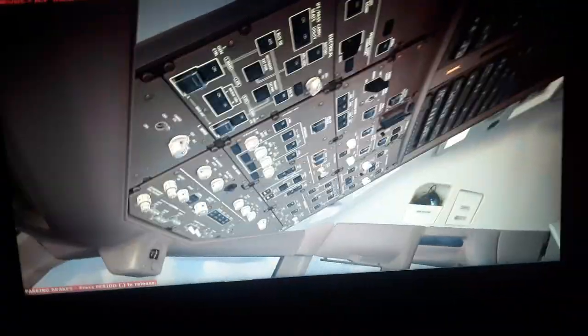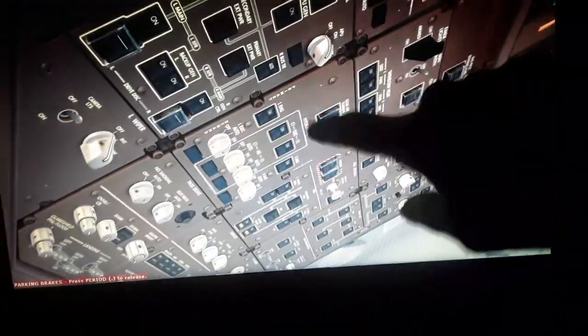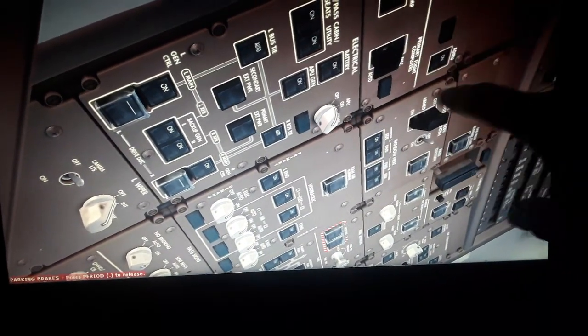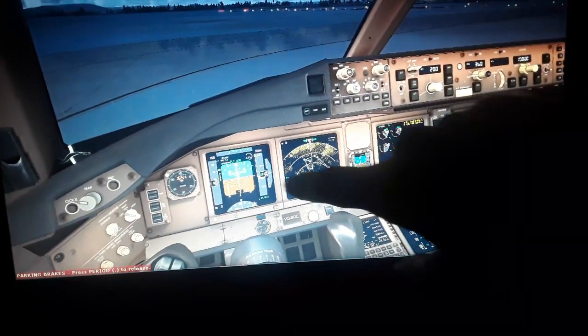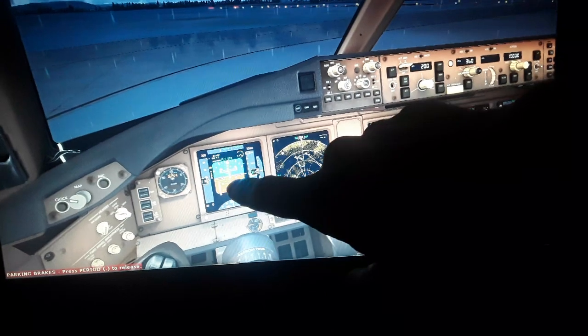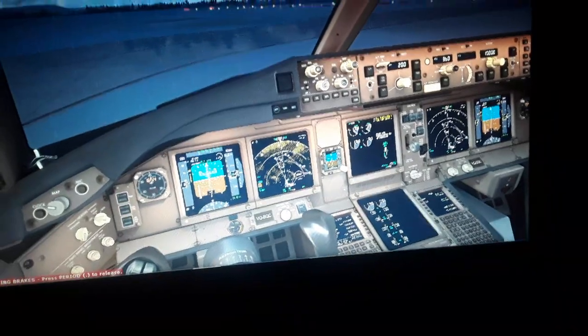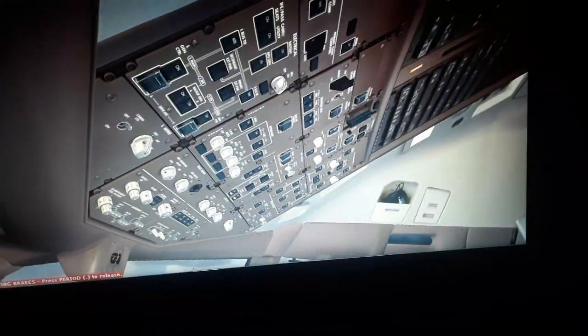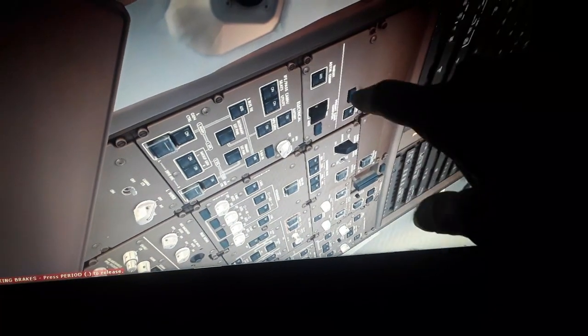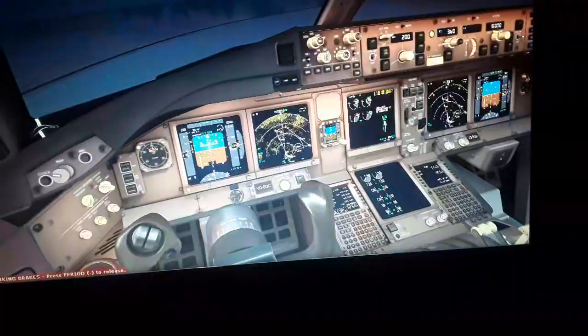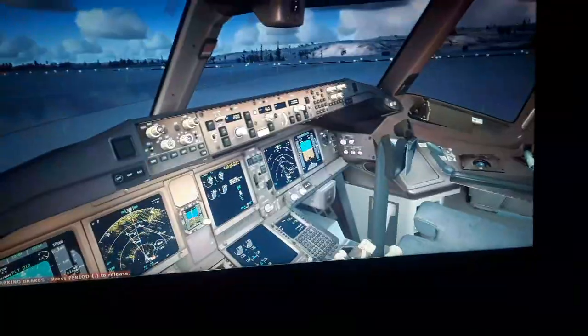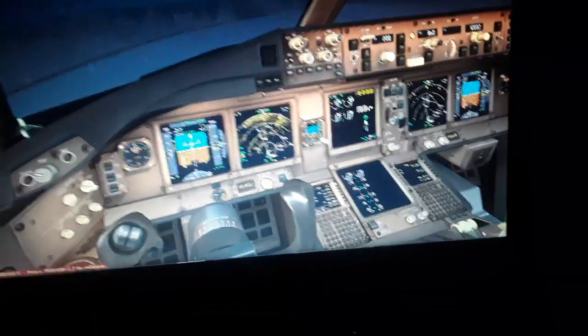The overhead panel, you're gonna see the electrical, the hydraulics. So you have the left and the right engine, IDG, the integrated drive generator, the electrical, the ADIRU, the air data inertial reference unit, the primary flight control computers, the ADIRU that displays here the inertial reference position of the aircraft, the magnetic heading and track, the pitch attitude, the airspeed, barometric pressure, and altitude and radio altitude. So you have all the data here, the GPS receivers as well, and the laser gyroscopes for the attitude and the inertial reference of the aircraft. So I'm gonna show you